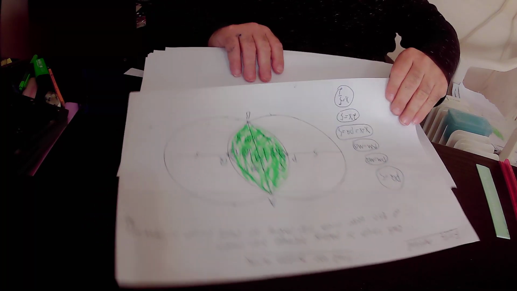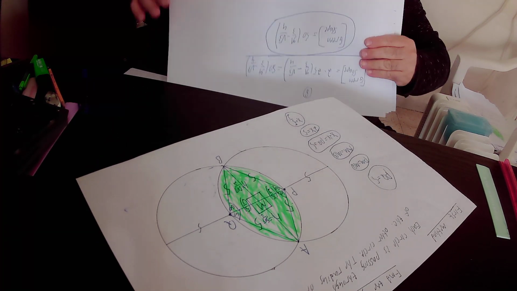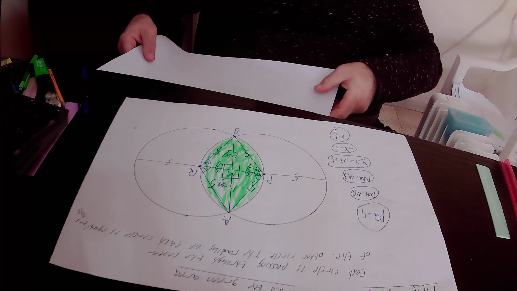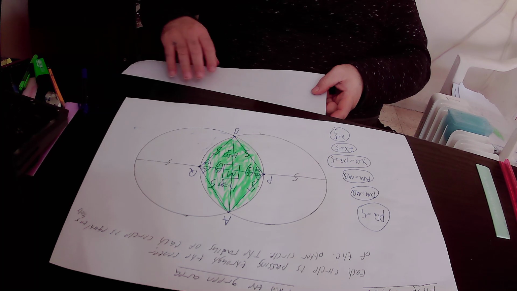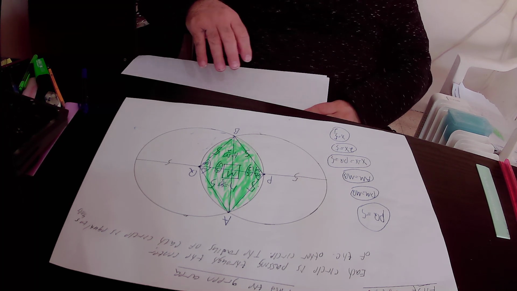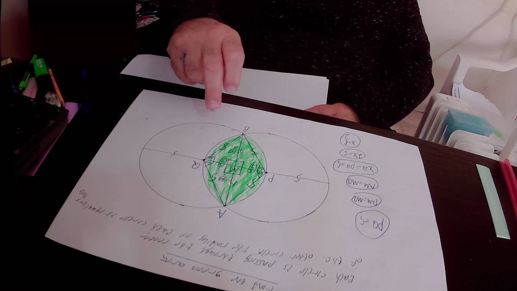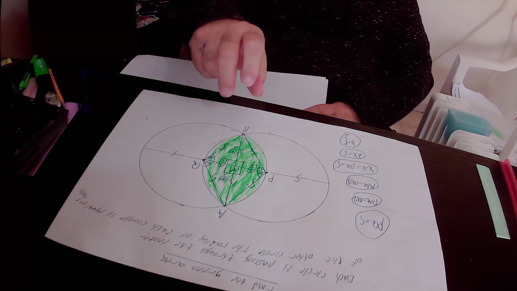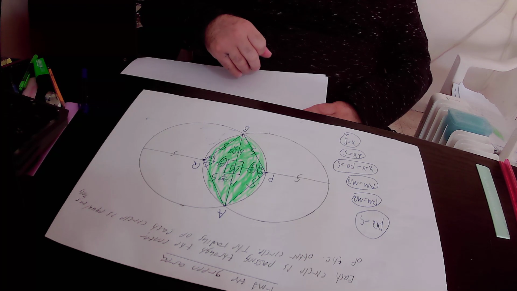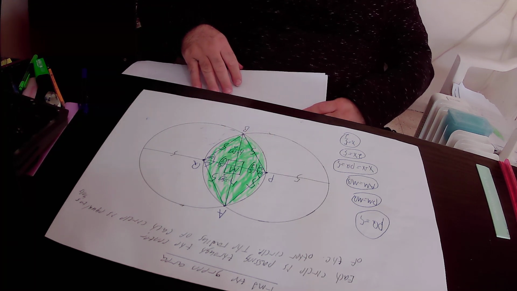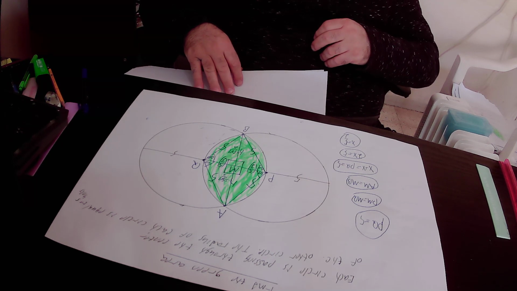So here we have two circles. Each circle is passing through the center of the other circle. The radius of each circle equals 5 units, and we want to find out the area of this green shape. So first of all, I presented to you